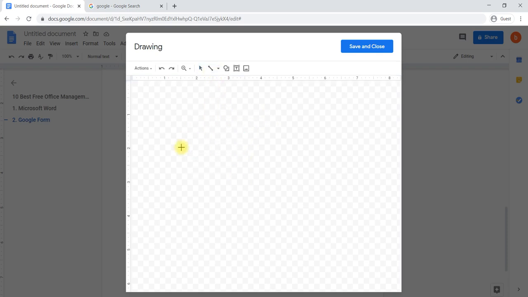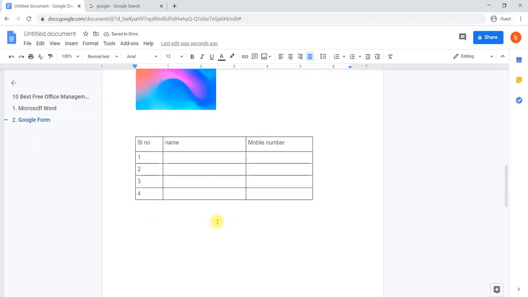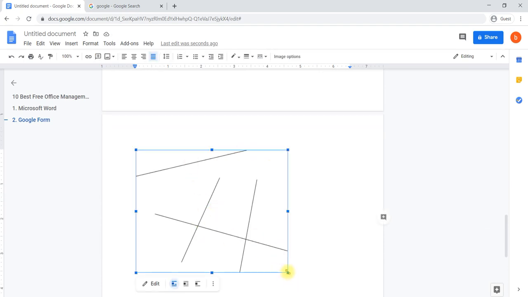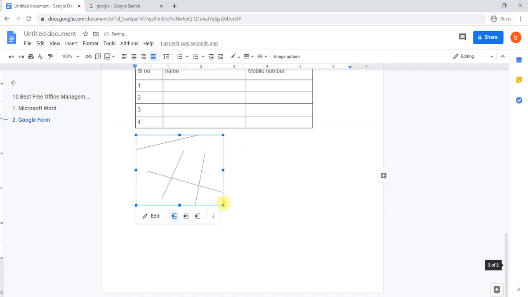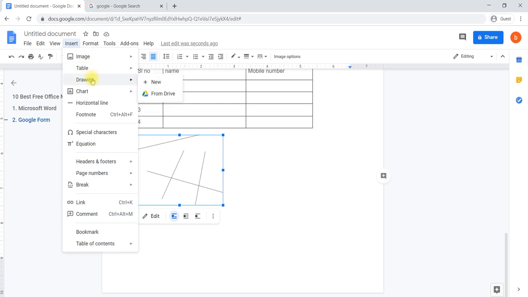You can select a line and create your own drawing and say save and close, so that you will be inserting that particular drawing as an image. This is about inserting a drawing. Image, table and drawing you have already learned.